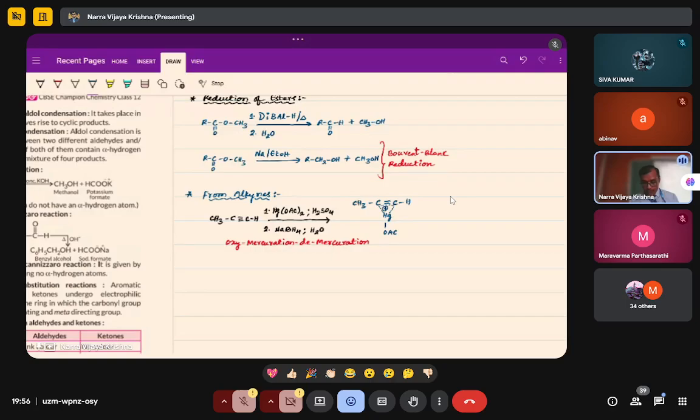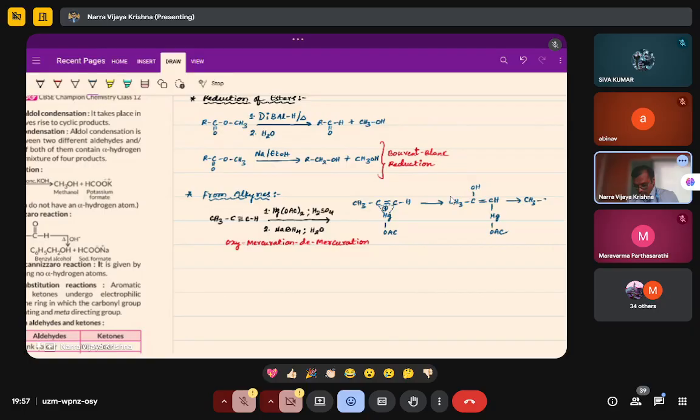Now, water will donate electron cloud to the more substituted carbon. As water donates its lone pair electron cloud, it will convert into CH3, C-OH, double bond, CH, Hg, OAc. When water donated lone pair electrons here, this bond will go down. Right? Now, with this, sodium borohydride, NaBH4, is also added. Right? So it will rearrange, forming